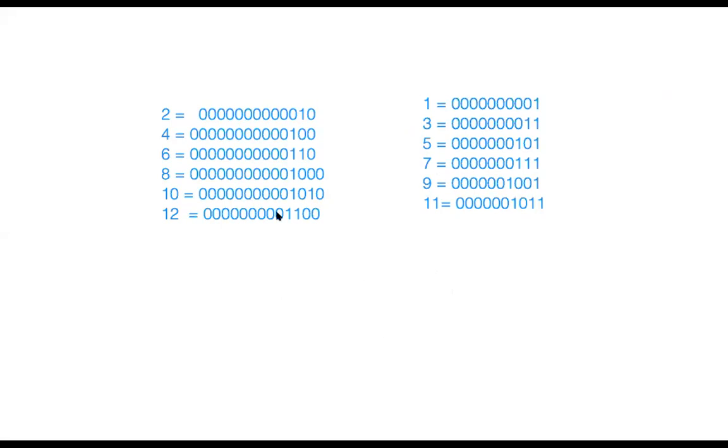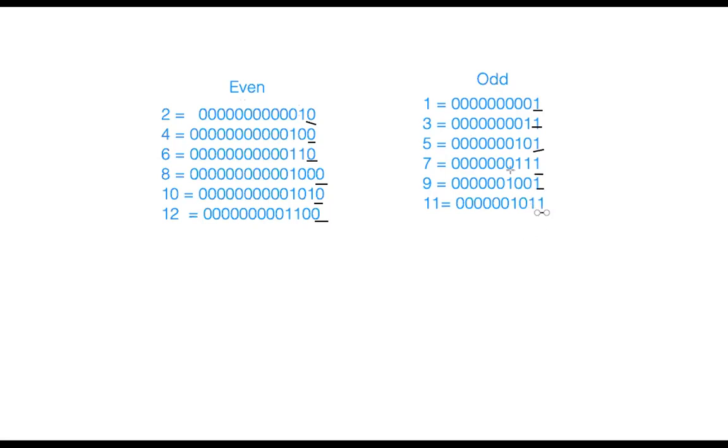Can you observe the bit patterns of even numbers and odd numbers? In even numbers, all of them end with 0. You can see here the last bit is always 0. And all odd numbers, take any example, have the last bit always 1.